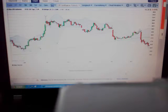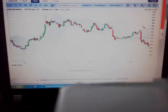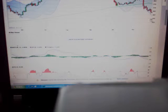What we can clearly see is that we have been moving above the 200-day moving average in June, July, August, September, and then in November we drop below it. That is very bearish if we drop below the 200-day moving average. Okay, but the positive thing, we are